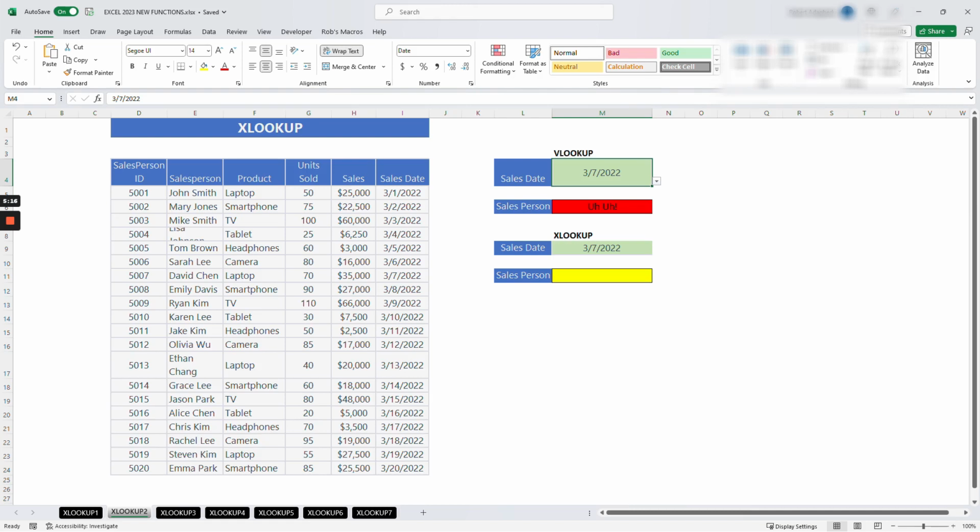So you see, the sales date is on the far right, and then the salesperson's ID is on the left. Okay,